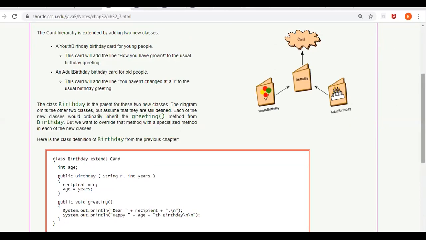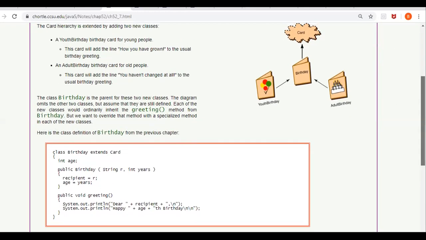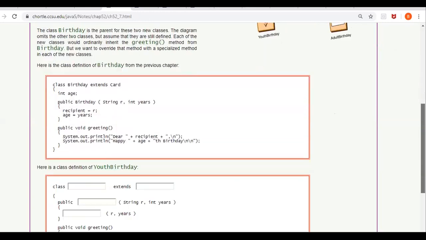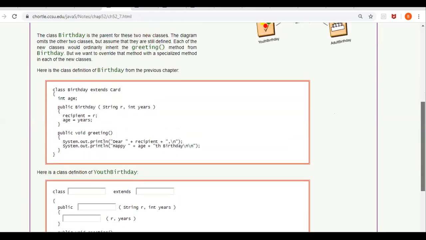Now here we are going to further explore that program. What we are going to do is create 2 more subclasses for the class Birthday. One is YouthBirthday, the other one will be AdultBirthday. In YouthBirthday, we will write a constructor.